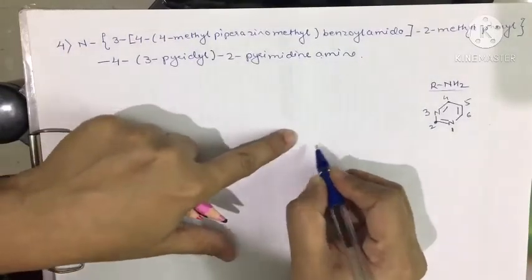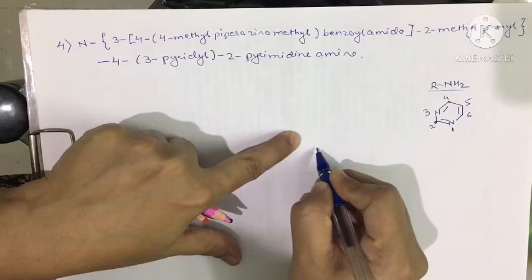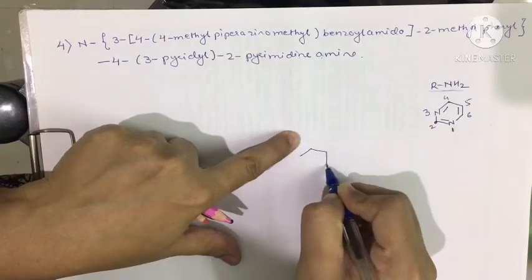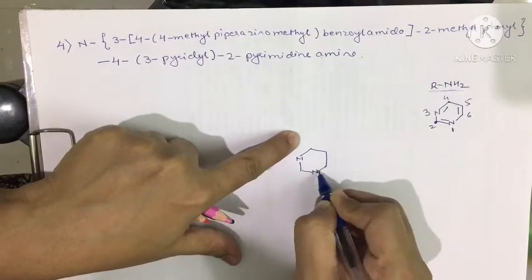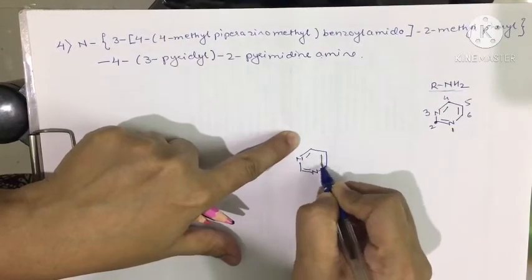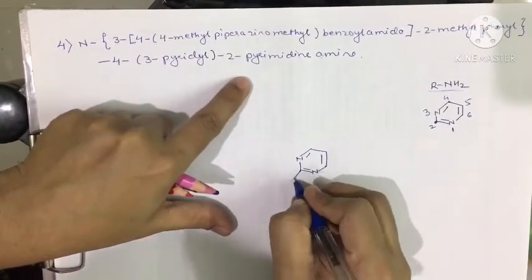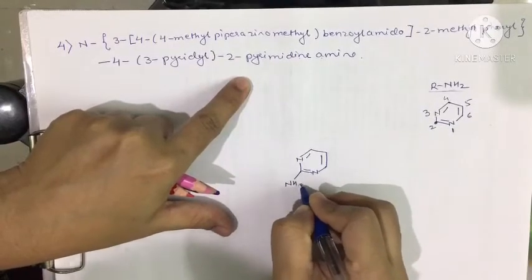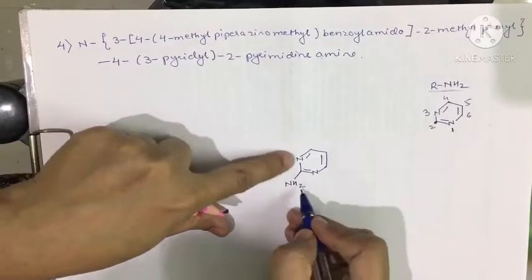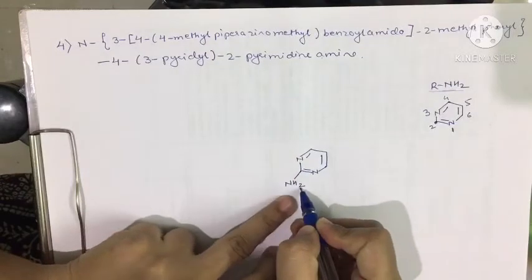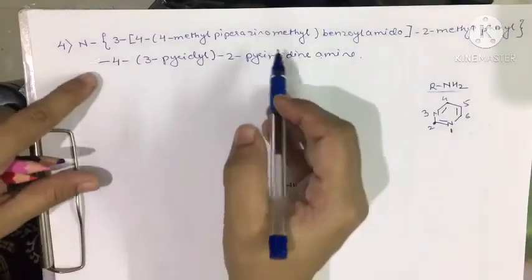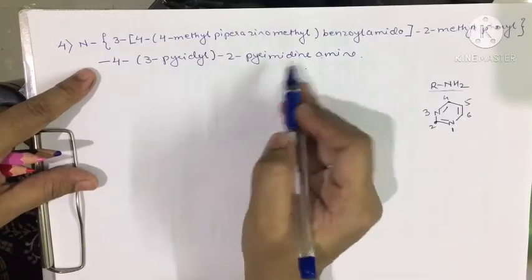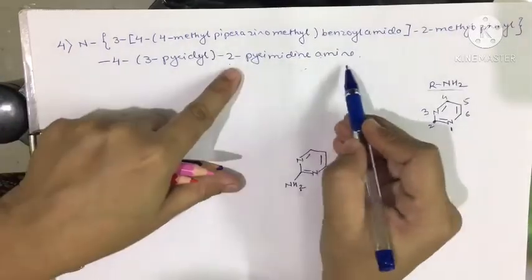So in the structure we have a pyrimidine, so this is my pyrimidine nucleus. At the second position I have NH2. For this instant I will complete the valency of the amine, which we have to adjust later. Next we will see what else is attached in the structure. So this part we have done.